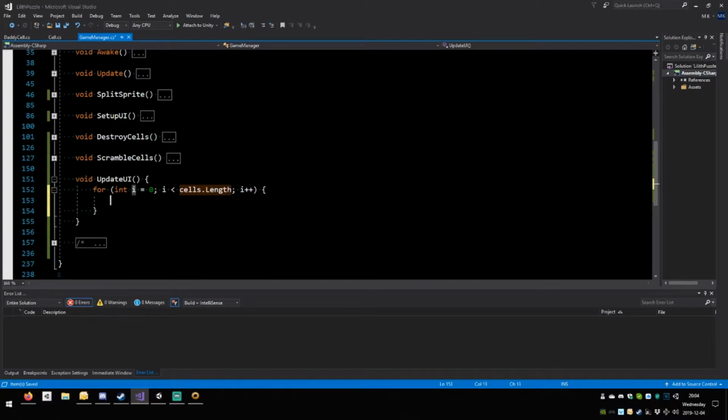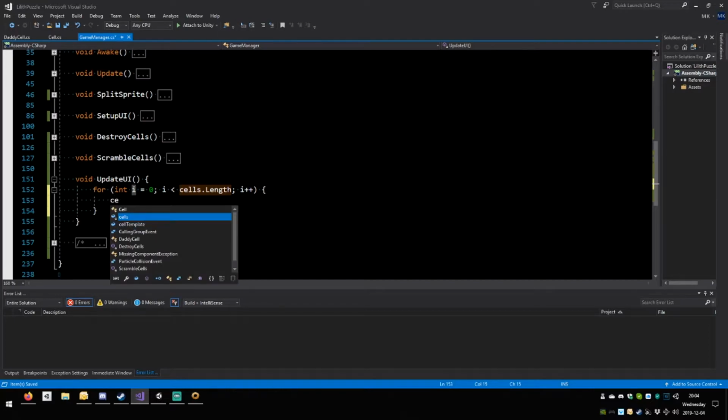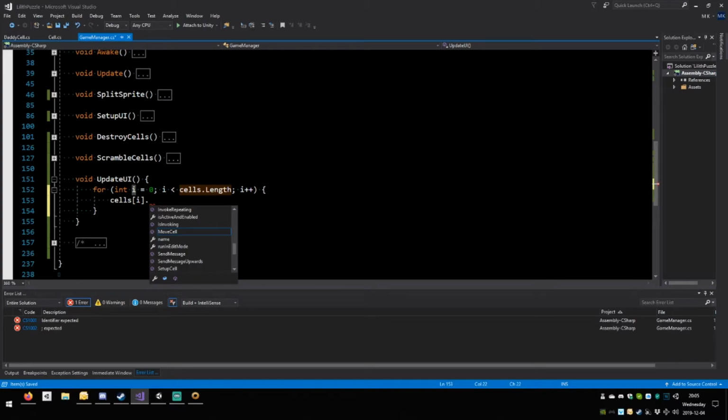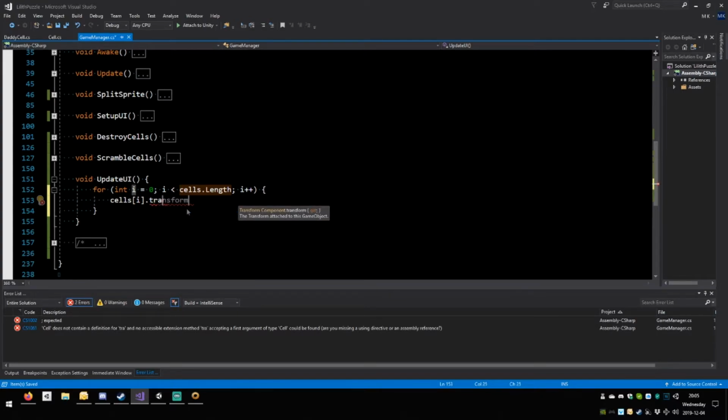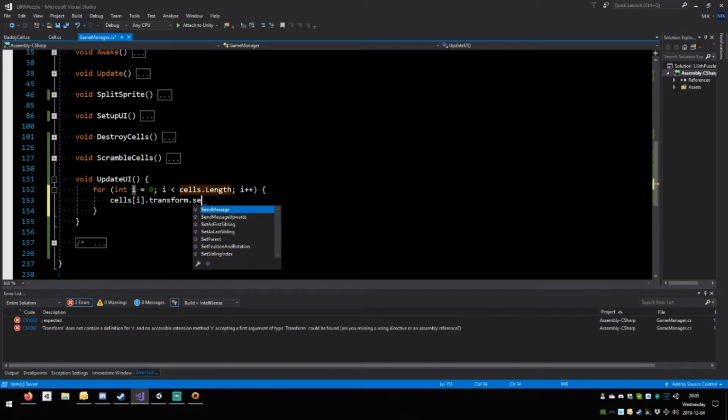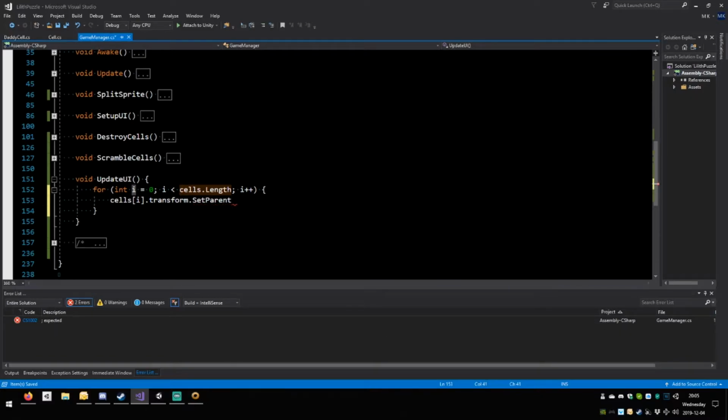And we're going to say cells, square bracket I, dot transform, so T, there it is, transform, dot set parent. There we go. We're going to change our parent for this cell, and it will depend on, well,